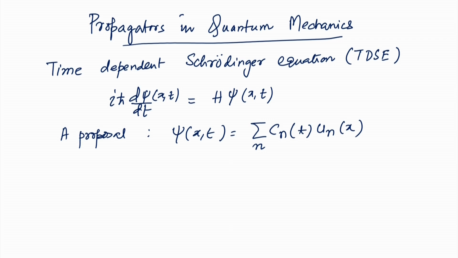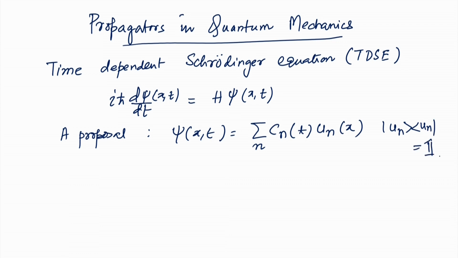Take note of this, where the u_n are the basis functions. So, for writing every state or an eigenfunction, we need a basis. Just like what we introduced earlier, lambda was the basis for the eigenfunction chi. Here u_n is the basis for this psi. So, the u_n would obey this